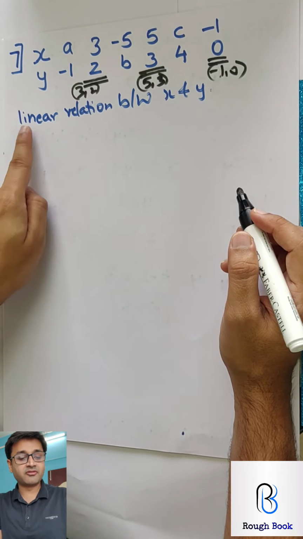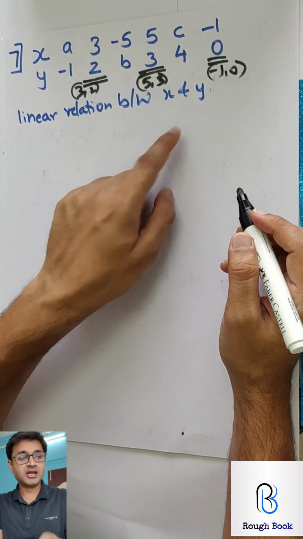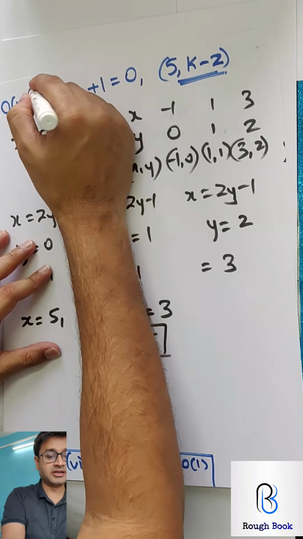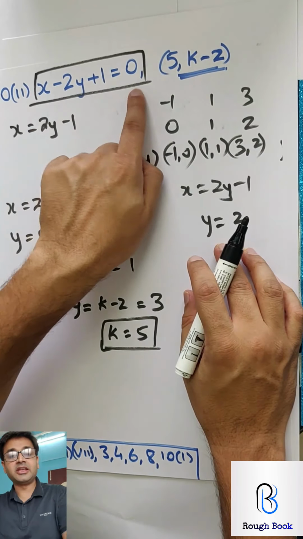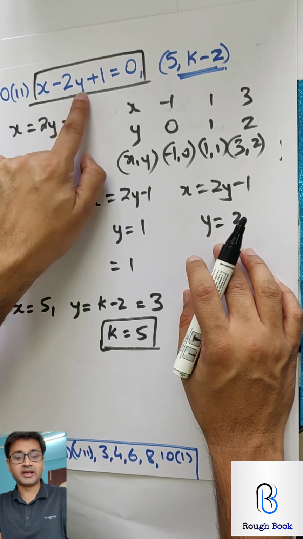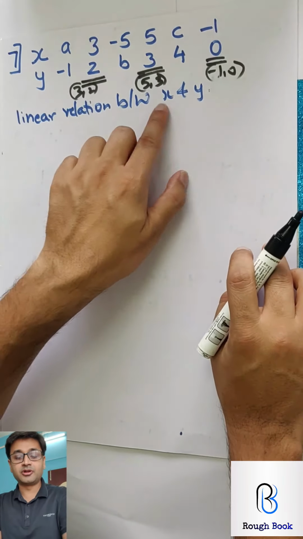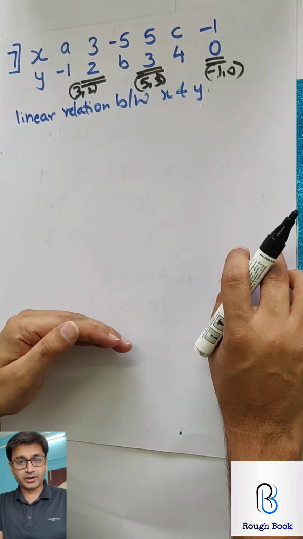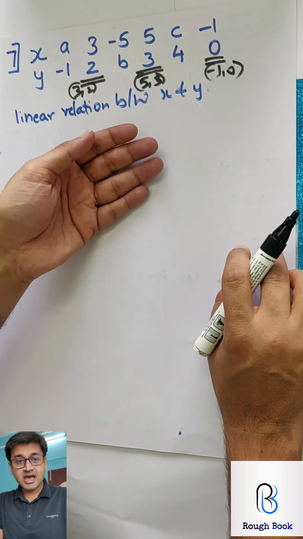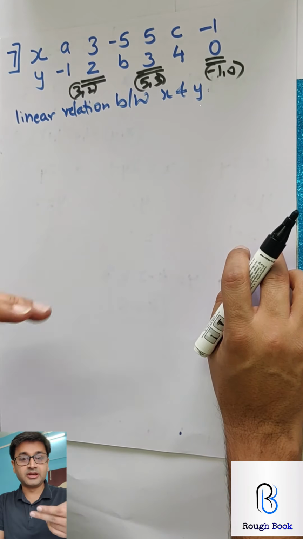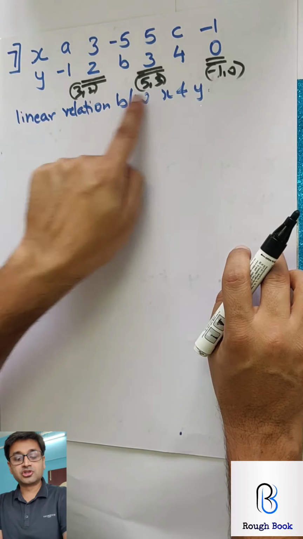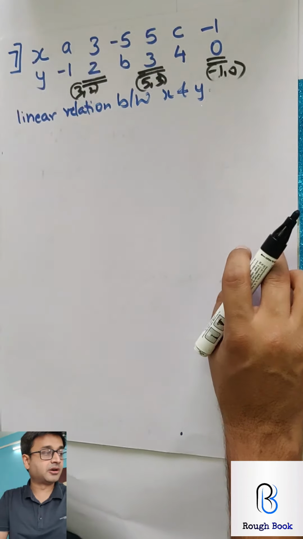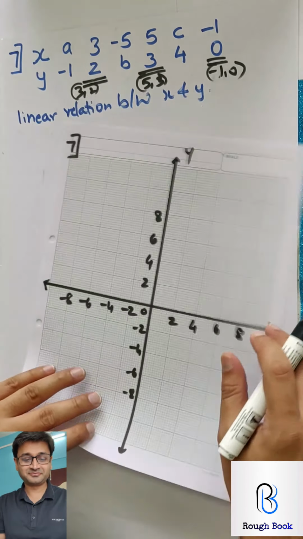The new thing in this, find a linear relation between x and y. Linear relation means what? Linear relation is this. This is called a linear relation. This is a linear equation. So you got to find a relationship between x and y. So every time they give you the equation and we get the points. Now they gave you the points and they are asking you for the equation. It's completely opposite. Don't panic. First draw the line using these 3 points, get A, B, C, and then we'll talk about the second part. Don't worry. Main hu na.